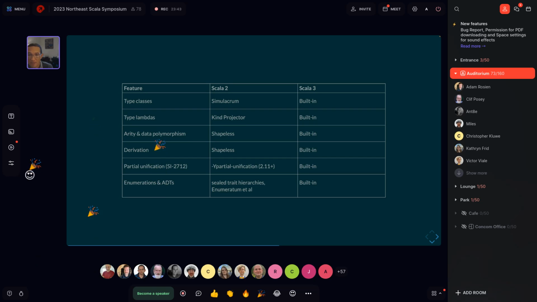And to be fair, this was Scala 2 a decade ago, right? And then all of this functionality got built in slowly, maybe slow enough at times that it was like a frog in a boiling pot of water. We didn't really appreciate the improvements we were getting as we were getting them.